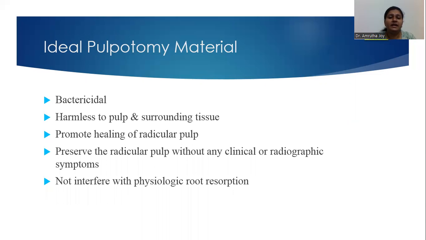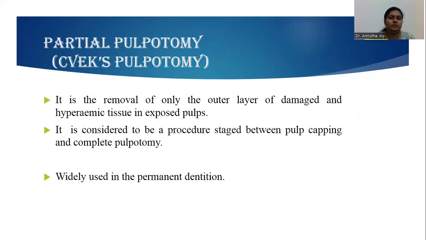The ideal pulpotomy material should be bactericidal and harmless to the pulp and surrounding tissue. It should promote healing of the radicular pulp and preserve the radicular pulp without any clinical or radiographic symptoms, and it should not interfere with normal physiologic root resorption. Coming to each technique of pulpotomy,